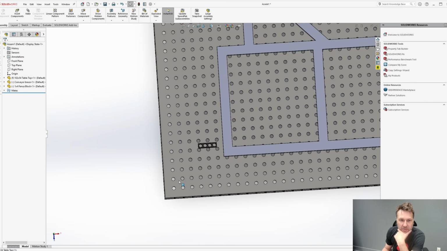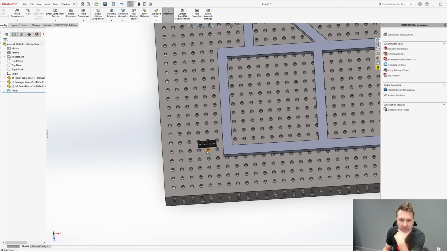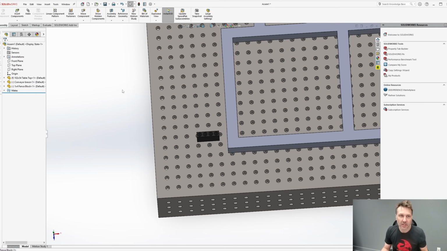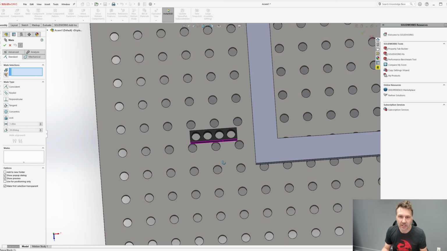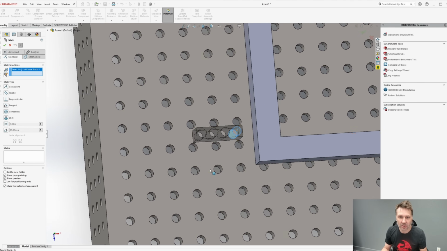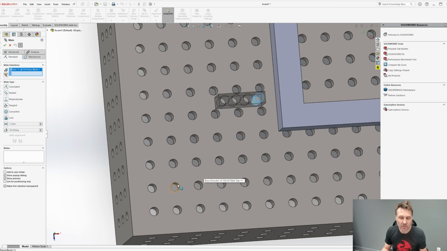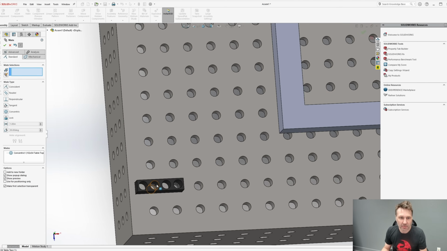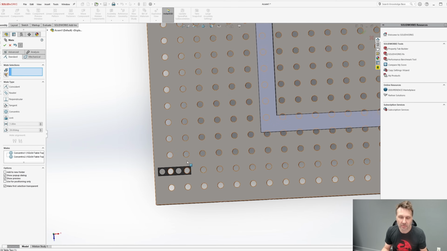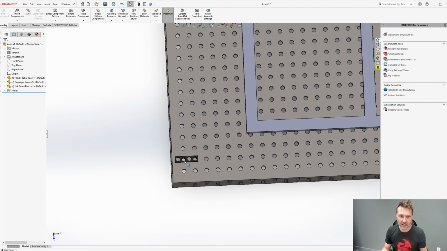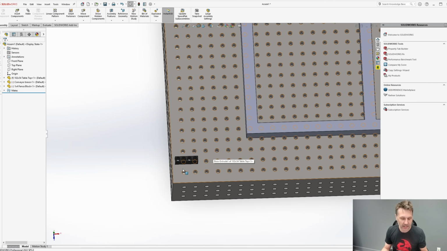Now I'm just going to position it in the corner and give myself a little bit of wiggle room. So all I'm going to do here is hit mate and put the first hole matched up with this hole. I normally don't like to go right at the beginning, so I give myself a little bit of breathing room, just like that. And then I'm going to mate this with this, and there you go. There's one. We might even move this over to the next hole, but we can define that later. And in SolidWorks, all you've got to hit is Control and click on your part, and you can drag another one